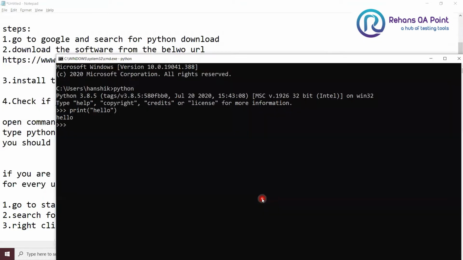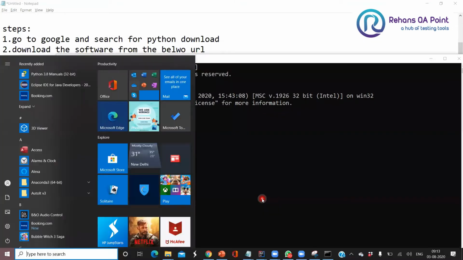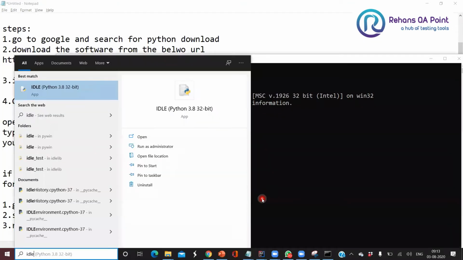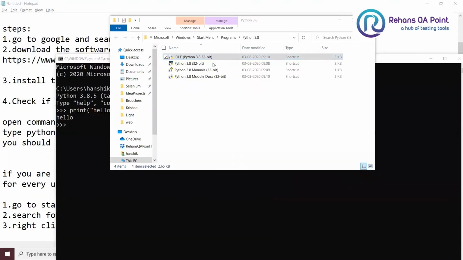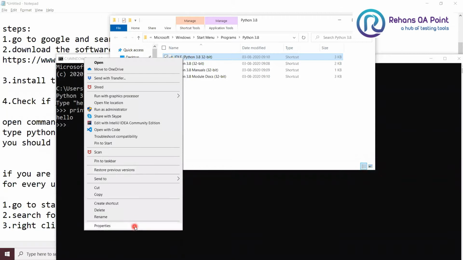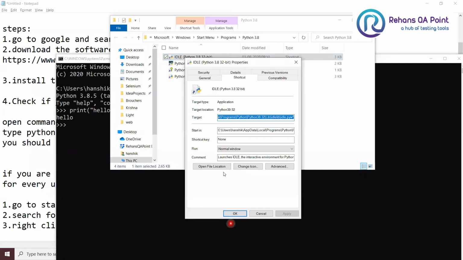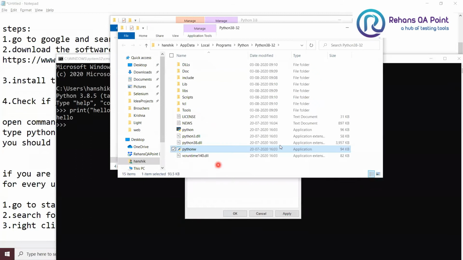So type IDLE in start, right click on it, open file location. You should be able to find IDLE here. Select it, right click, go to properties, open file location.